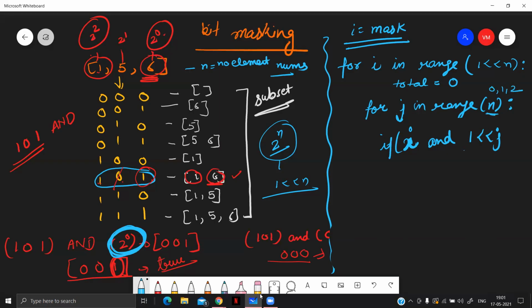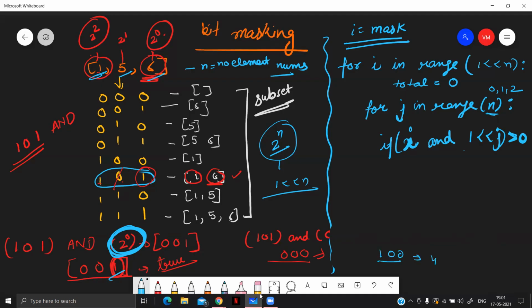1 left shift 0, which means 2 raised to power 0. 6 will be considered. 1 left shift 1, 5 will be considered. 1 left shift 2 means 2 raised to power 2. 1 will be considered. And if this AND of I and the left shift operation 1 << j, that means 2 raised to power j, if this is greater than 0, it means it will be 1, as in this case it comes 100, which means it is 4.